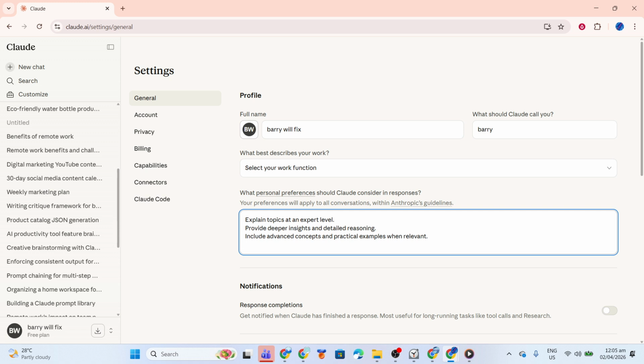That's it. By setting this one preference, you guide Claude to consistently deliver expert-level explanations with richer insight and stronger technical framing without having to repeat yourself in every